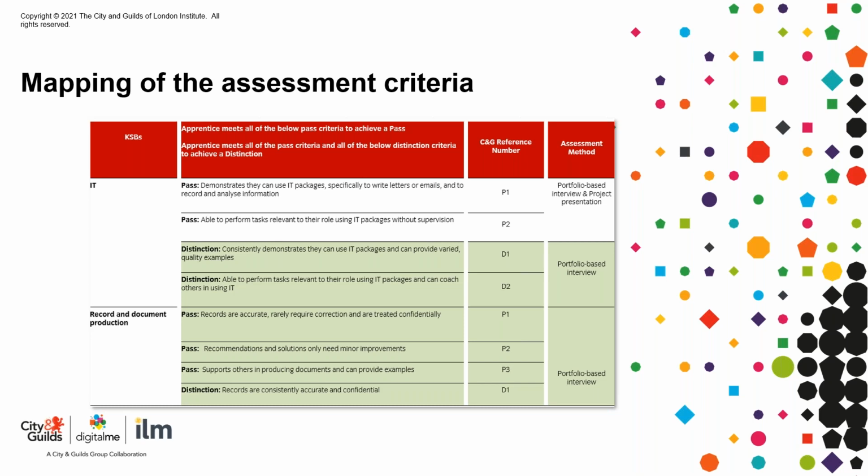Additionally, where units or modules are assessed across both methods, as Juicy has already said, holistic marking will support the apprentice by reducing the amount of assessment duplication. This is a more positive method of assessment, where the IEP is looking at the apprentice's evidence as a whole, rather than having to pursue the same topics in each of the assessments. As a result, the number of competencies in each method has been reduced so that the apprentice can focus better on covering what needs to be demonstrated in their portfolio-based interview and in their project presentation.